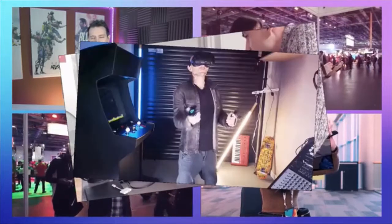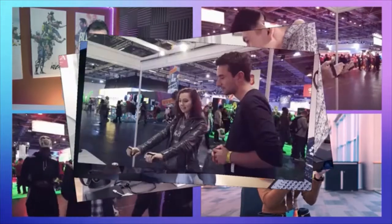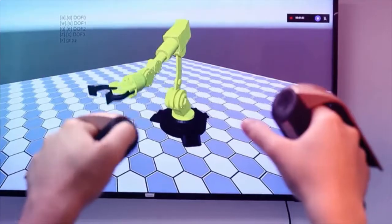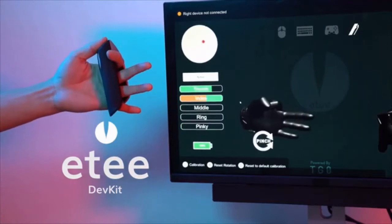We aim to build up a community of gamers, developers and artists who are passionate about immersion. We are here to help you realise your inventions with etee Dev Kit, which offers the ability to build with C++,